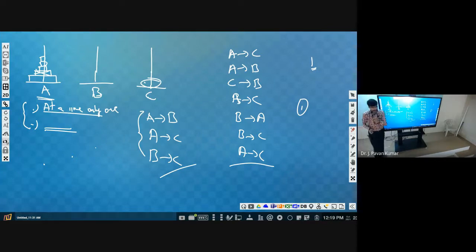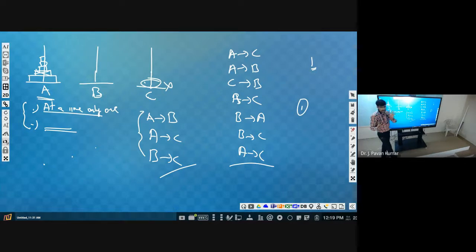Simple common sense. Try to understand. Can we place this largest box on tower C when we have any box there? No. Why? Because all the others will be smaller than this. So in order to move this to C, no box should be present at C.